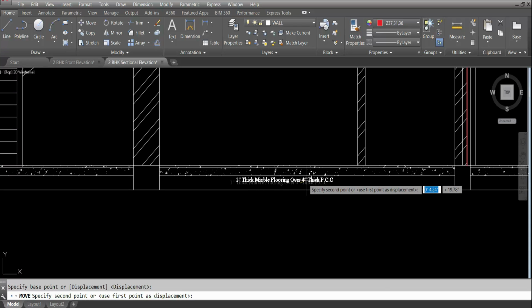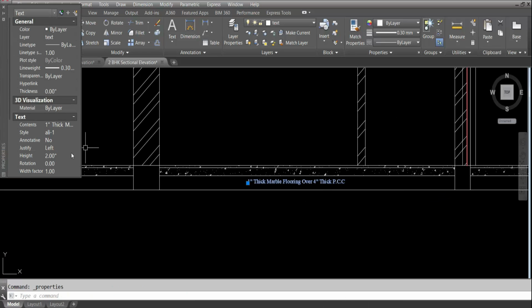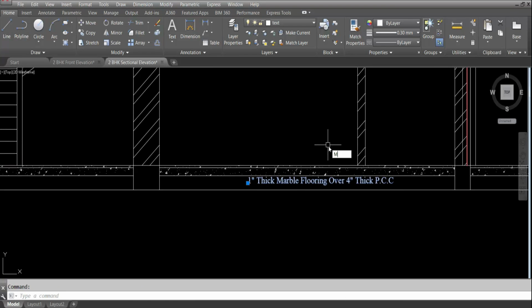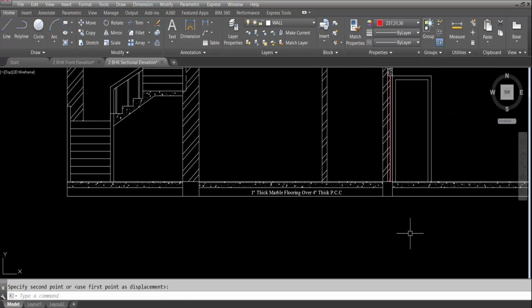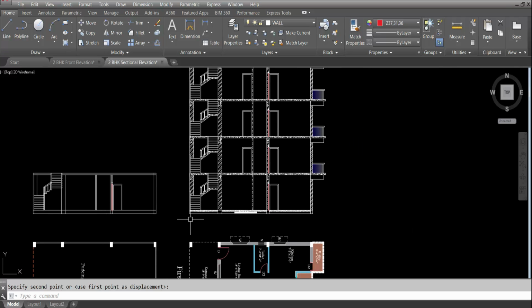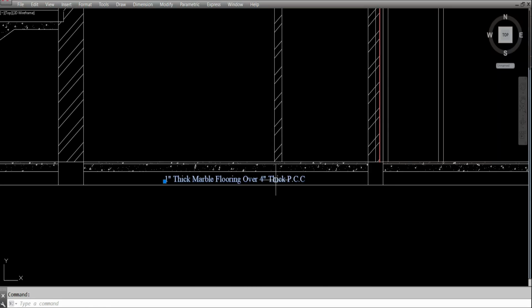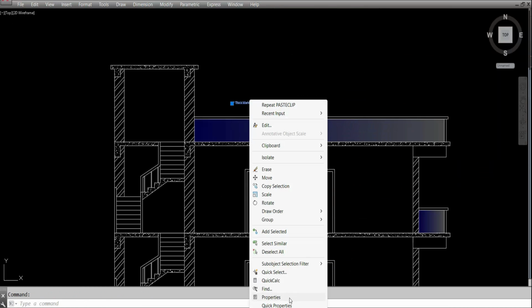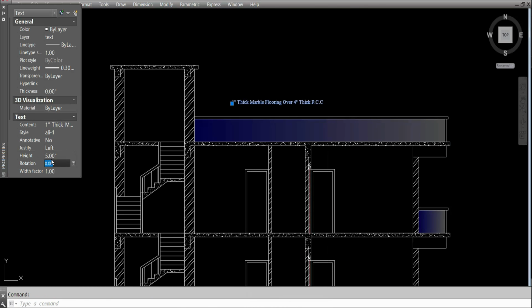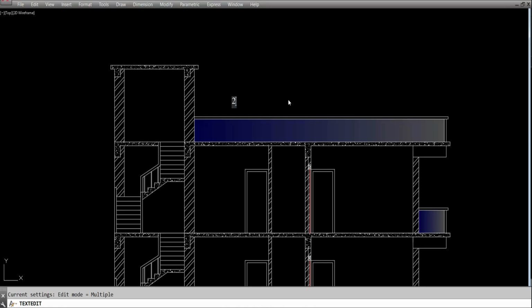Move this text to here. We'll increase this to 3. Alright, this is done. Next, we have to create the footing foundation and provide it here. Now I'll copy this and change this to 8 inch. Okay. This is the parapet wall, 2 feet 6 inch parapet wall